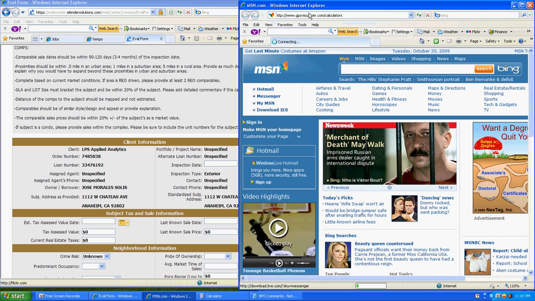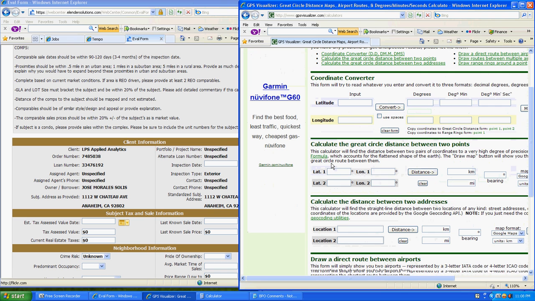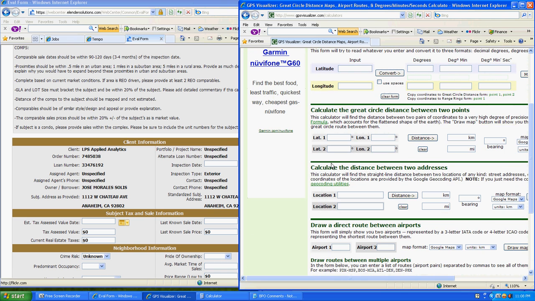The preferred distance website that we use is gpsvisualizer.com/calculators. Other ones that you can use are Yahoo Maps or Google Maps. Okay, but this is the easiest one to use and the quickest one for distance. Okay, so this is the preferred one. If I get an error or I get 0 miles here for this one, I will open up a Yahoo Maps or a Google Maps to find my distances. Okay,